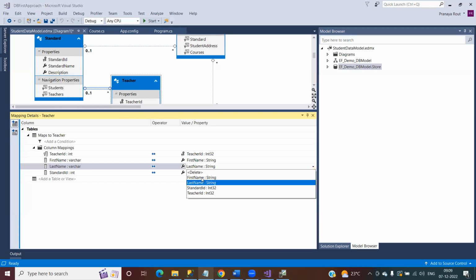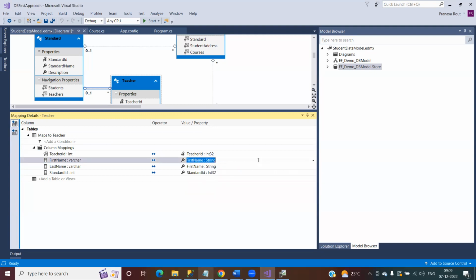Instead of last one, you want to change this one first one. And inside the first one, you want to change this to last one. That is fine. So now in your class, you are representing the last name property, first name property value. But while you are mapping, the last name will be mapped to the first name of the database, and the first name will be mapped to the last name inside your class property. The changes you can also do this. Clear,